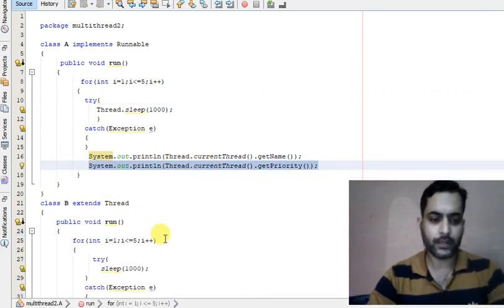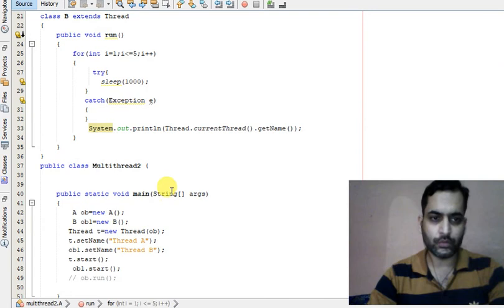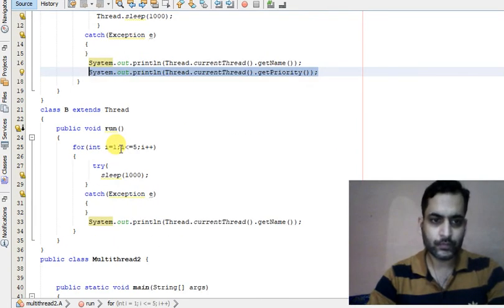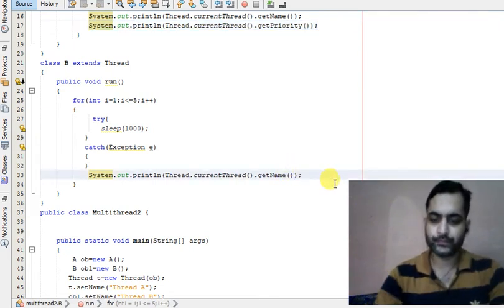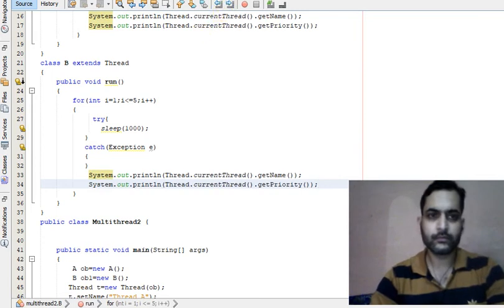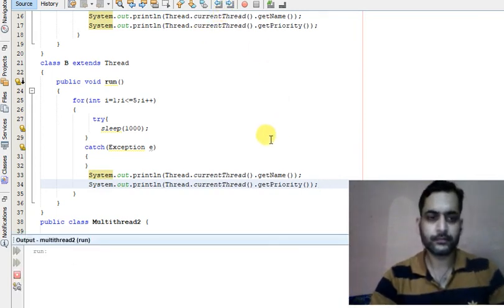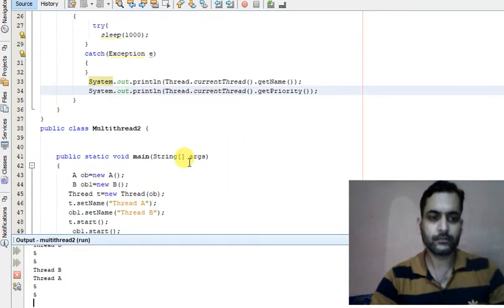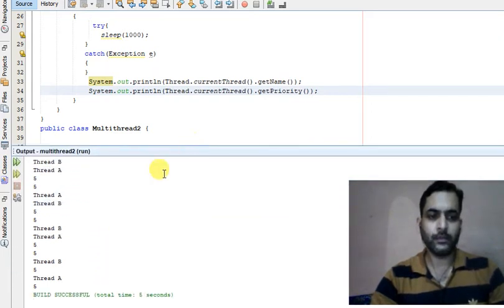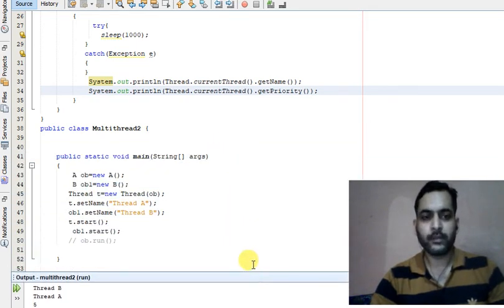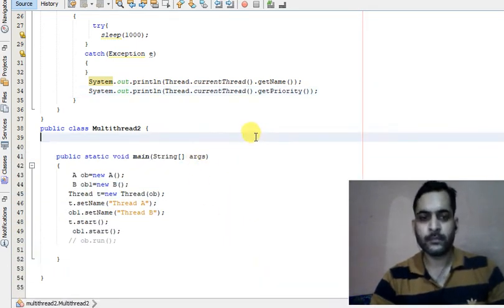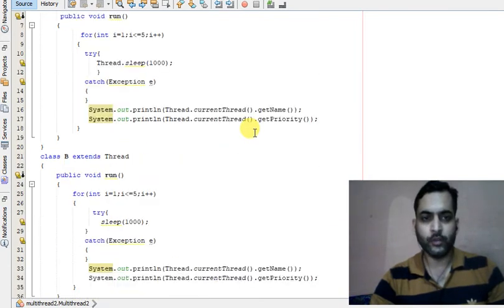If I copy paste this to here, so you can see both the threads have the default priority of 5, 5 being the normal priority.